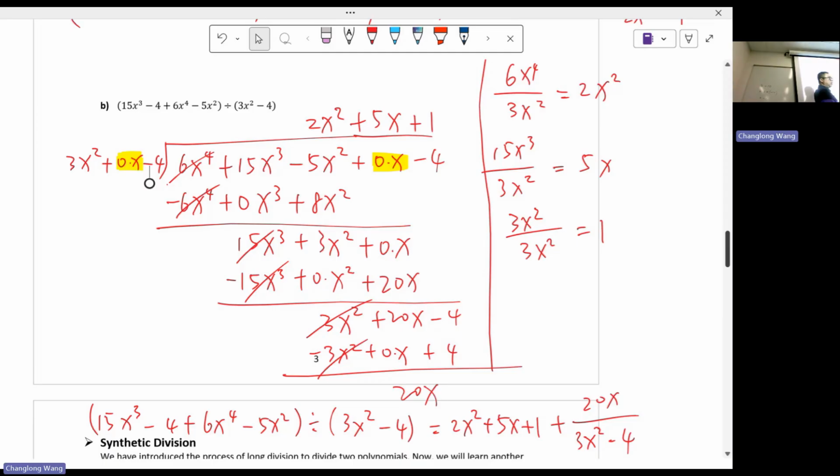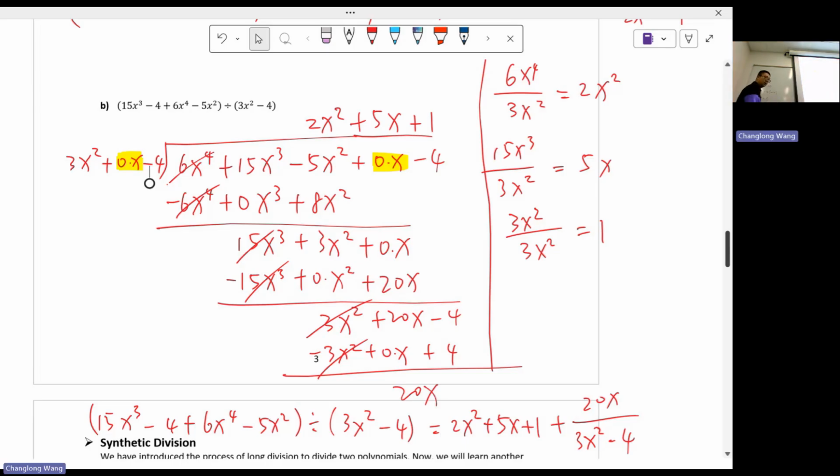But the problem is, let's say if I didn't flip the sign, it would have been negative 8x squared, right? Now, you need to subtract negative 8x squared from negative 5x squared. Would you still be getting 3x squared? You should, but you will probably make a mistake, right? Because remember that